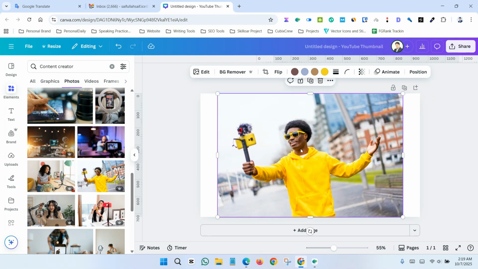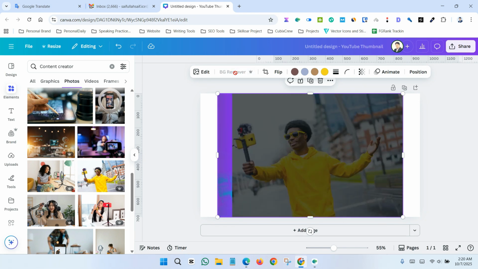So first click the image and click the BG remover. One thing you should remember, that BG remover or this feature is only available if you have a Canva Pro account. If you don't have a Canva Pro account, then you won't get this feature, or this feature is locked in your Canva free account. So click the BG remover, this button,